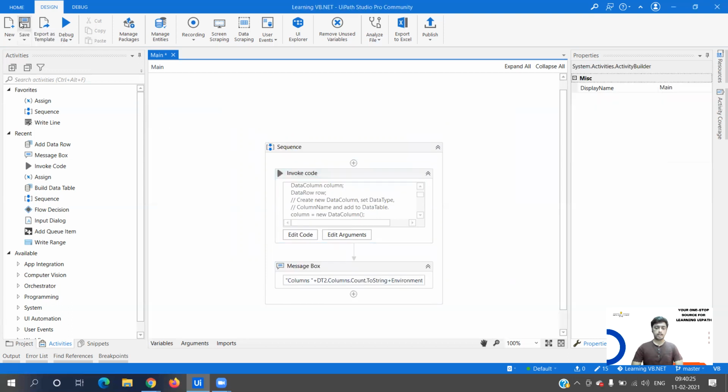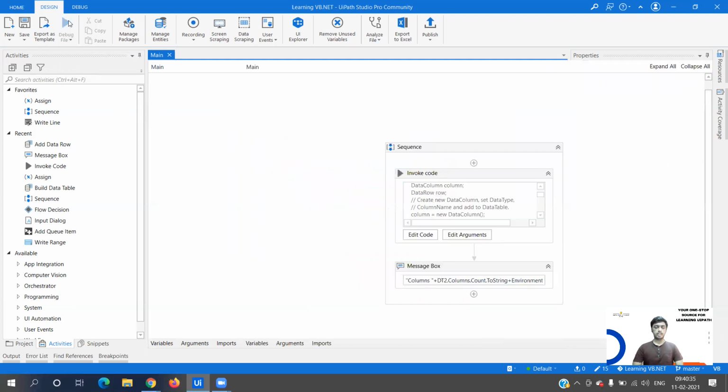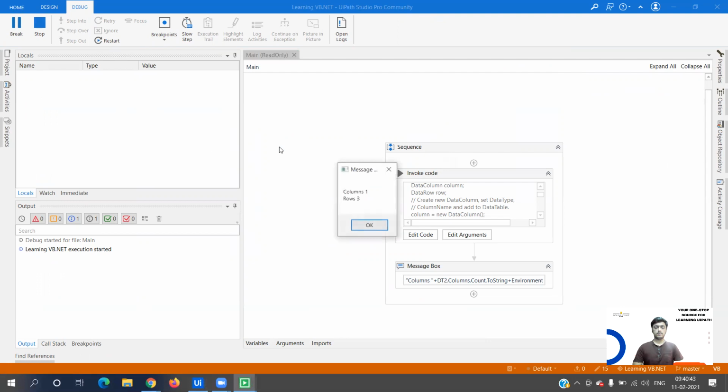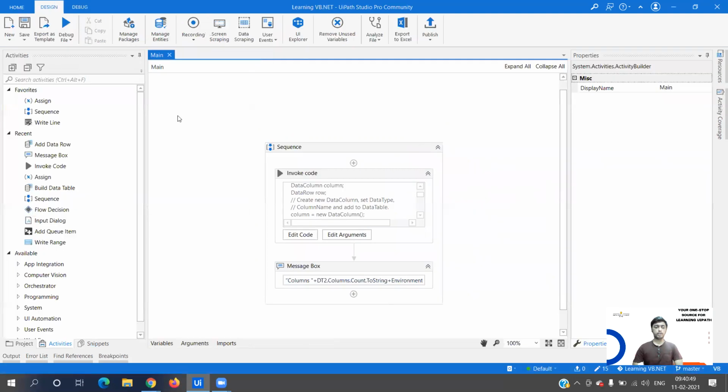In the message box I'm displaying the column and the total number of rows, right? So let me click on debug the file. And you see we have one column and 3 rows, like we have added 0, 1 and 2.